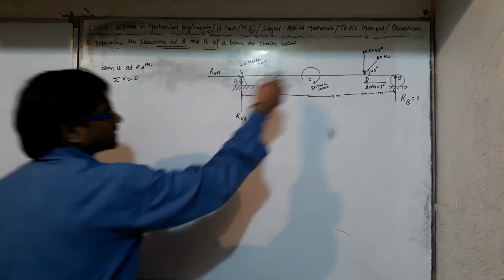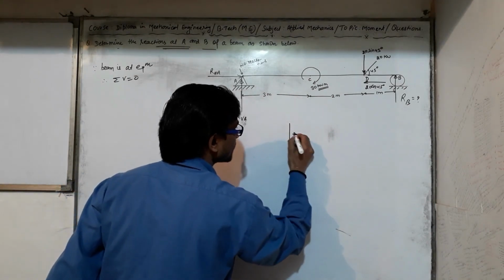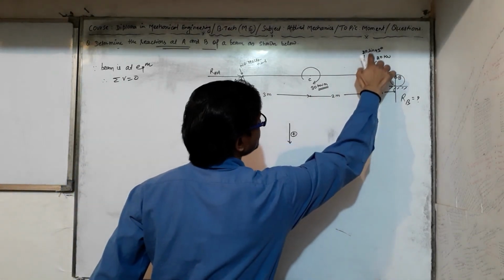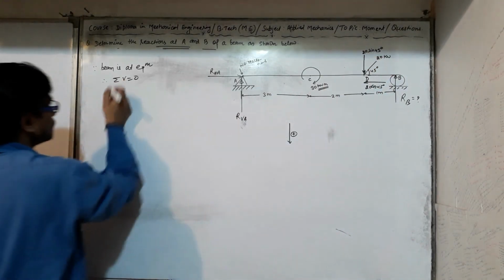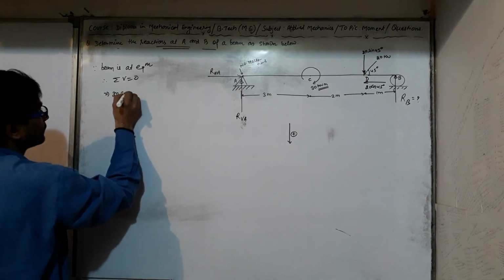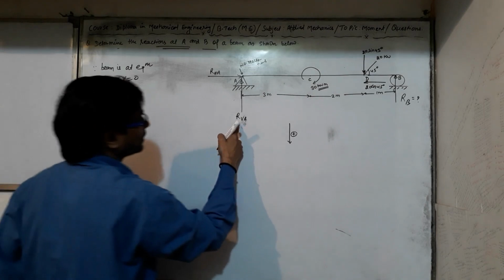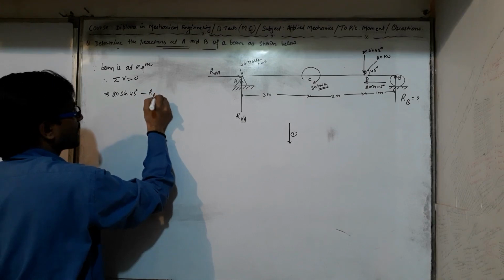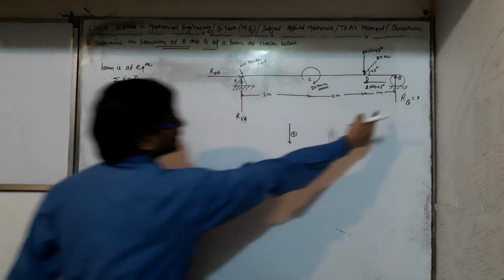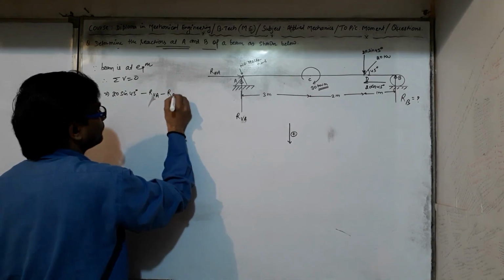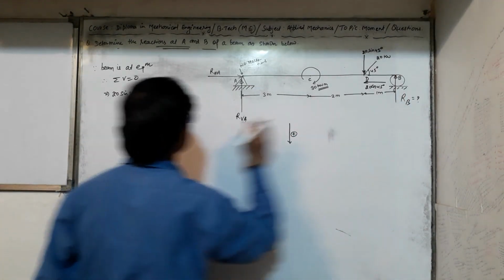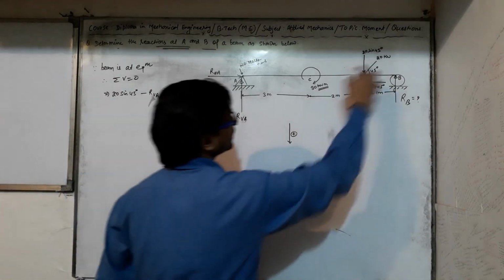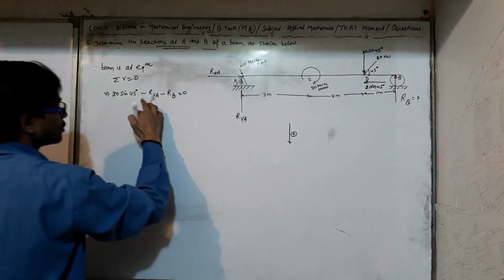So we can say vertically downward force is taken as positive, so upward force is taken as negative. Here 20 sin 45 is positive, and on the beam, RVA in the upward direction is taken as negative, minus RVA, and another force vertically acting at point B must be equal to 0. Only three vertical forces are acting: RVA, 20 sin 45, and RB.